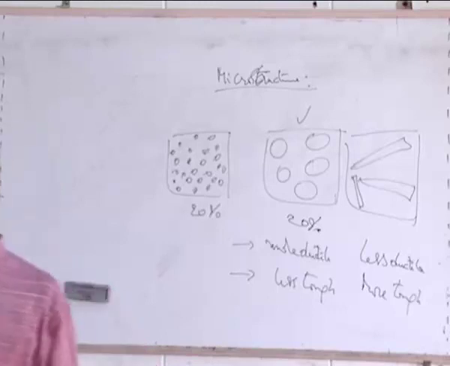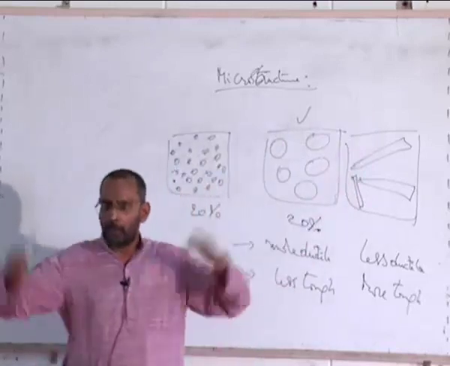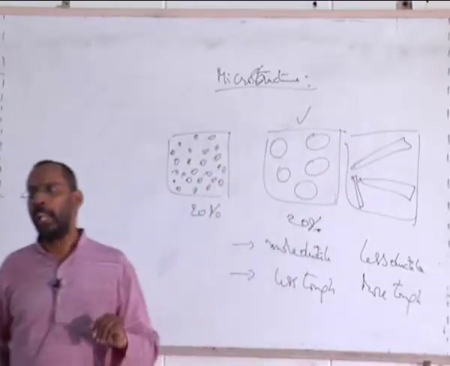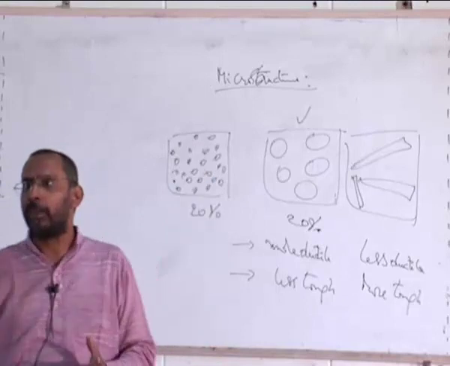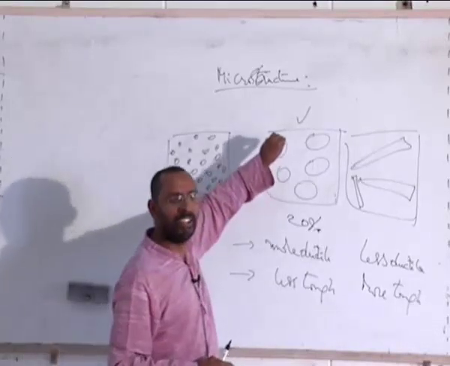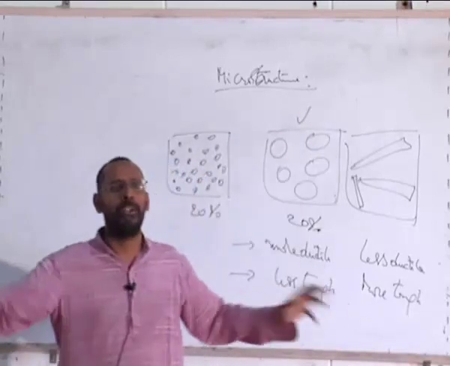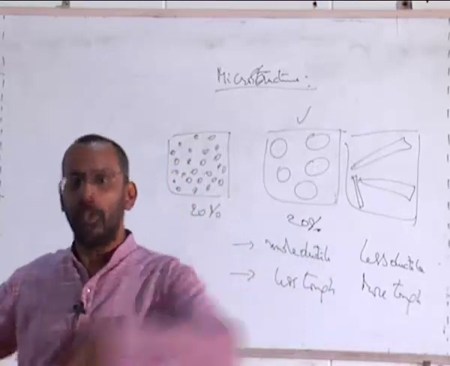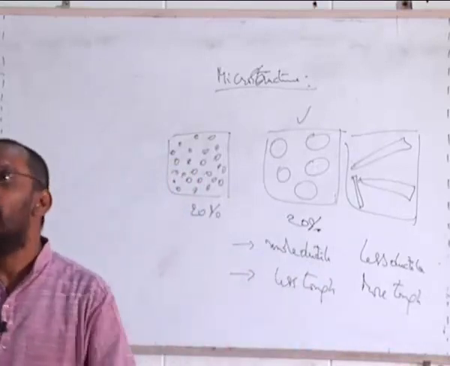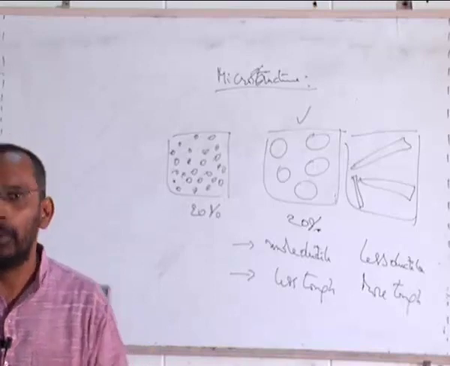But of course, for all this, you need to have a lot of data of how the microstructure influences the properties. And people have all this data nowadays available, and they are using all these databases. And from those databases, they are saying that if this is the size, and this is the shape, and this is the volume fraction, can I predict the property? And I do an experiment too, if you want to confirm that property, and people say yes, more or less you come very close to that, and people are able to do that.